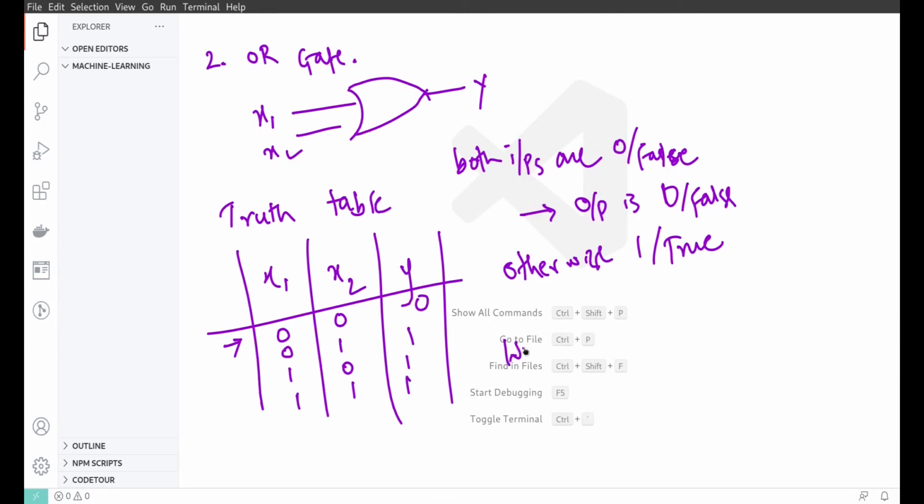If we say that we need chocolates or tea, then we are fine if we get chocolates only and not tea, because we are using the OR operator, so we are asking for one of them. If we get only chocolates, we are satisfied. If we get only tea, we are satisfied. If we get both of them, we are also satisfied. But if we do not get anything, so neither chocolates nor tea, then only we are not satisfied. Otherwise our demands are fulfilled. So this is the thing about the OR gate.